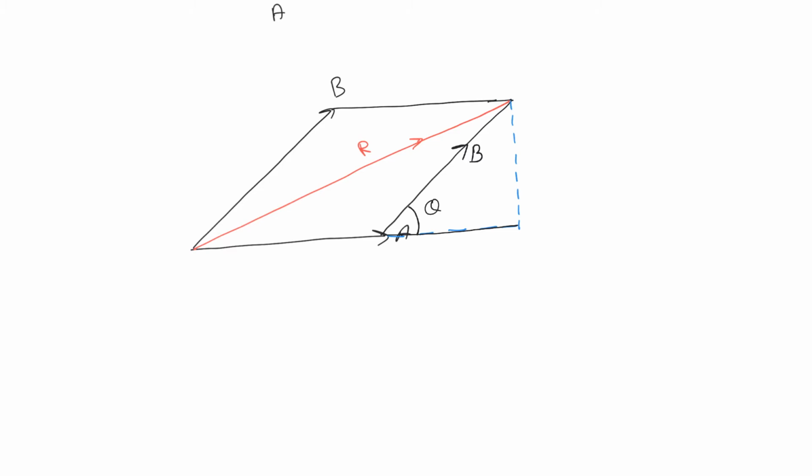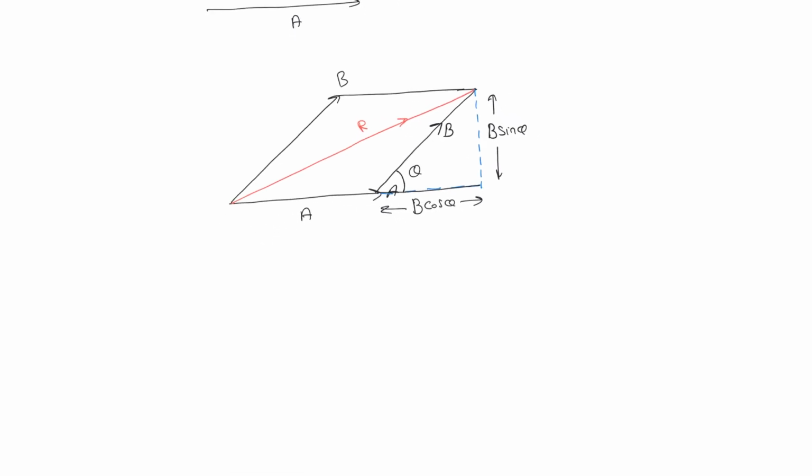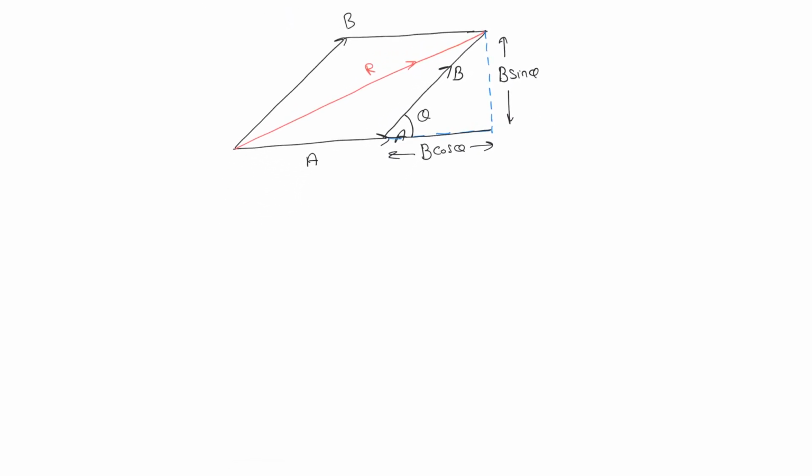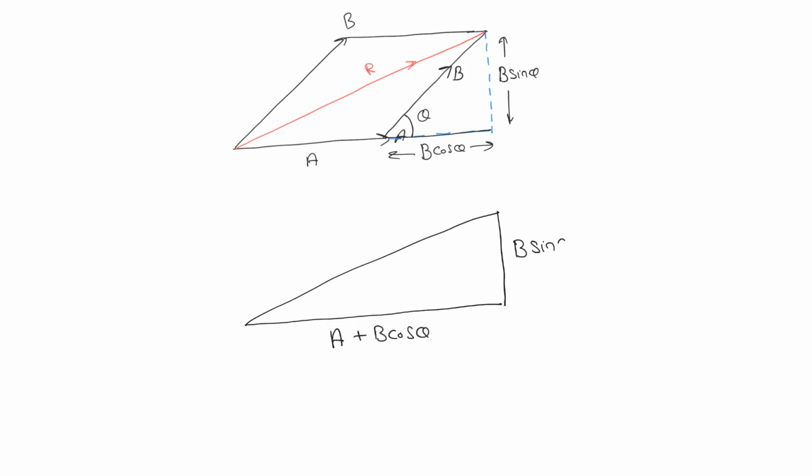In the last part we'll discuss how to resolve a vector. So the component of b along this direction, we can take as b cos theta, and the component of b over here we can take as b sin theta, and this is basically representing a vector. So now we can observe that we are able to get a right angle triangle. Now if I separately draw this right angle triangle, the situation will be something like this. The length of this base we can take as a plus b cos theta, and this perpendicular is equal to b sin theta, and this is representing the resultant vector r vector.